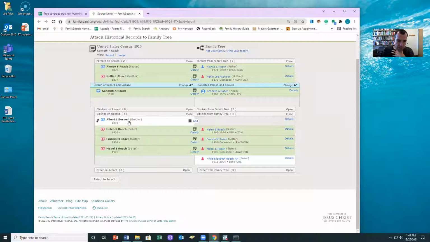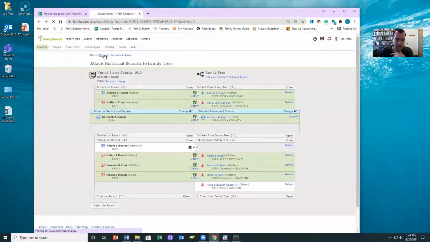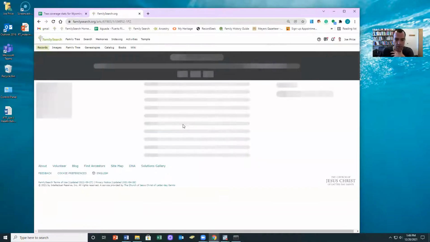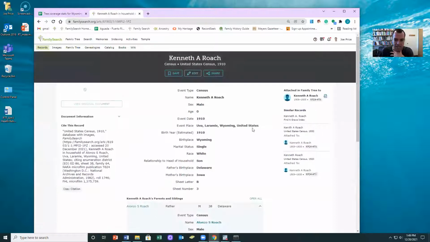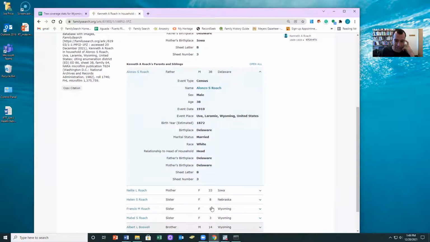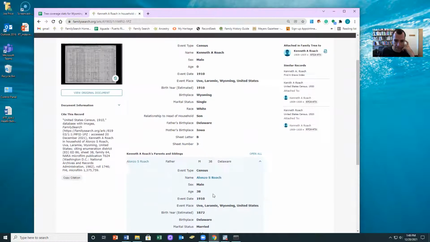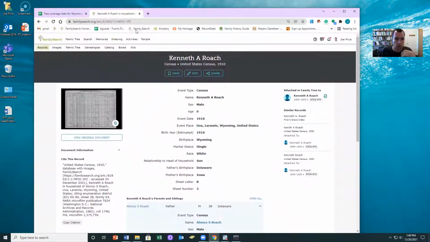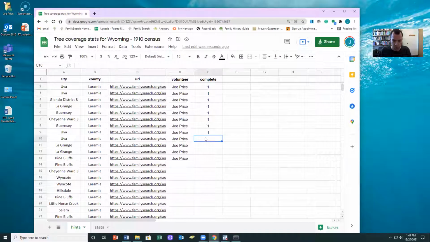Now here's an interesting case where we have Boswell right here. So my guess is he's a stepbrother. So you can either leave him out, or let's just take a quick look at the record, see what might be happening here. And anytime you come across an interesting case like this, you can always just pass on it. So here, notice we have the kids, sister, sister, sister, brother. So it could be a stepchild, could be a brother of, yeah, I don't know. This is a tough one. So I would just leave this one the way it is, and we'd still then just mark a 1